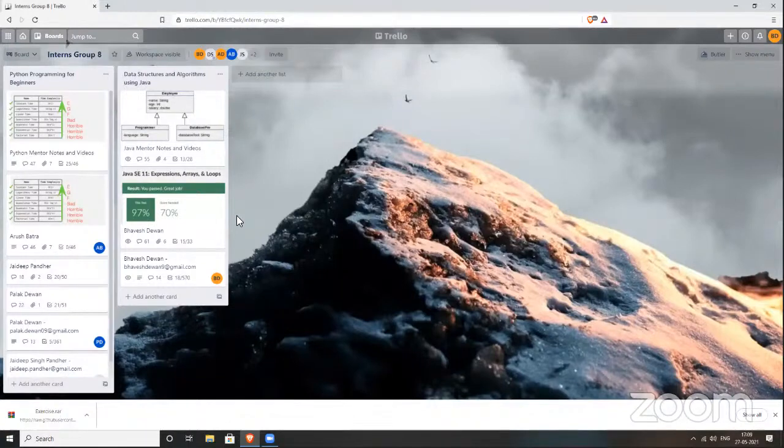For every type of collection I will send you one program. Even if I send two, three programs, if you do not get time, you can try one, and the rest we can try in the class. Okay.